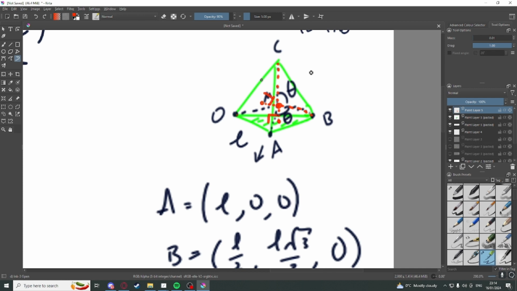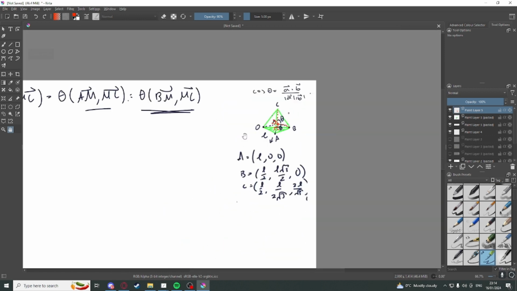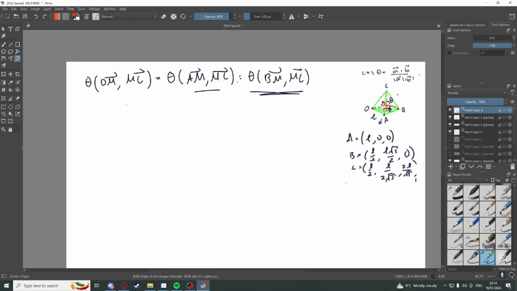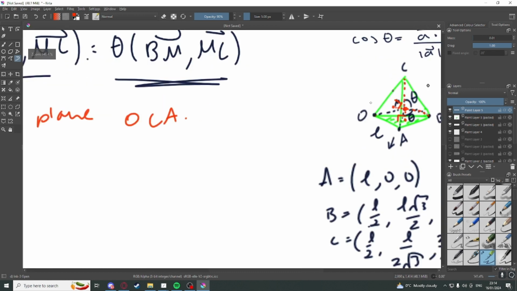And what does that mean? Well, that means the vector MB, or BM, whichever one, I'll stick with BM, implies that BM is perpendicular to the plane OCA. So this plane, or this triangle OCA,